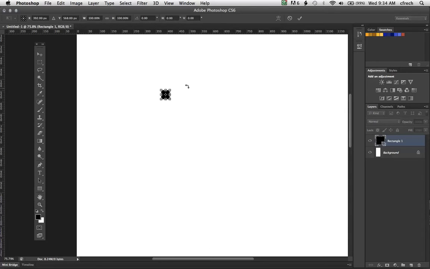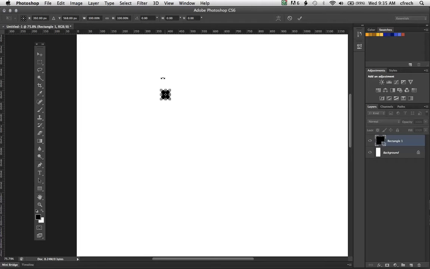And what we want to do first and foremost is make sure that the coordinates, the X and Y coordinates of this shape are resting on full pixel values. In other words, up here in the X value and Y value, we want to make sure that we don't have anything after the decimal other than 0. If we do have something there, that's going to mess things up a little bit later when we begin replicating this one shape. So with that confirmed, the next thing we want to do is rotate this shape by 45